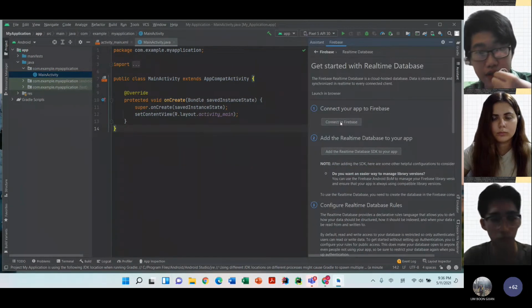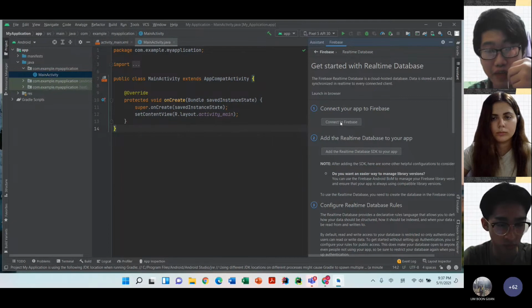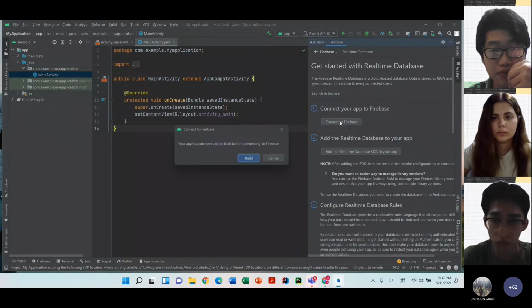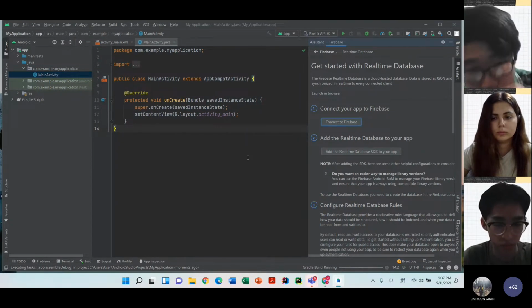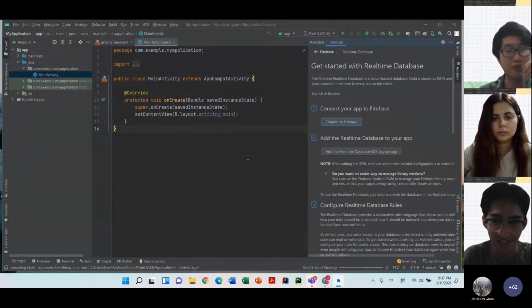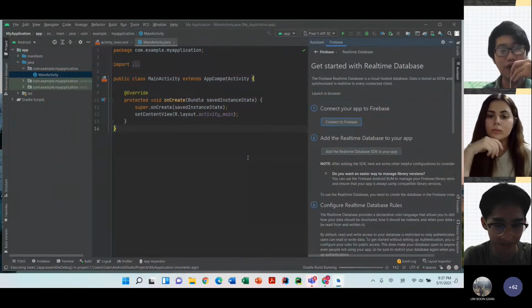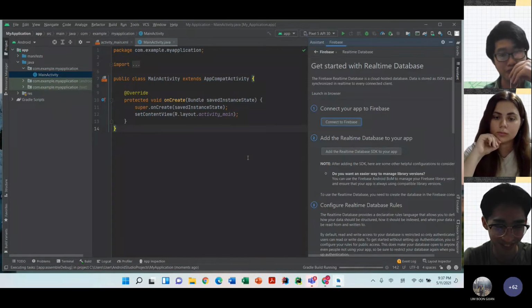Okay, then you have 3 steps here. So the first step, connect to Firebase. So click the OK button and you see down there, there's this Gradle build running. So this part takes some time. And then after a while, it will open the Firebase console. So we'll give it a wait.